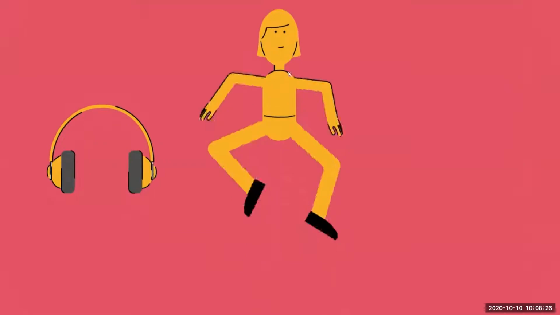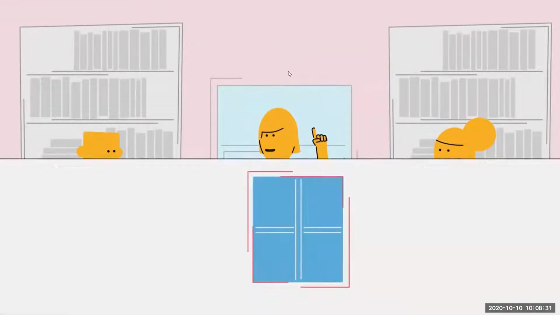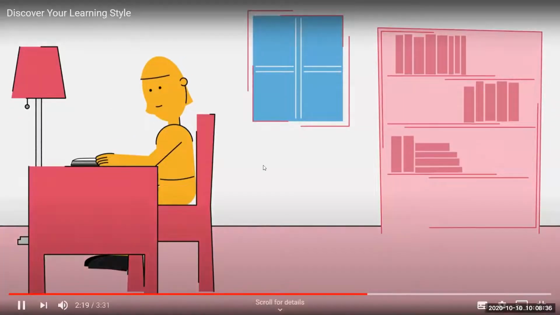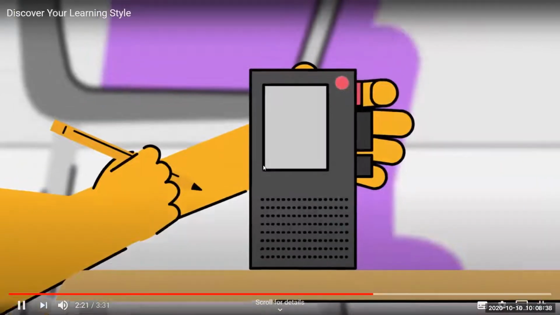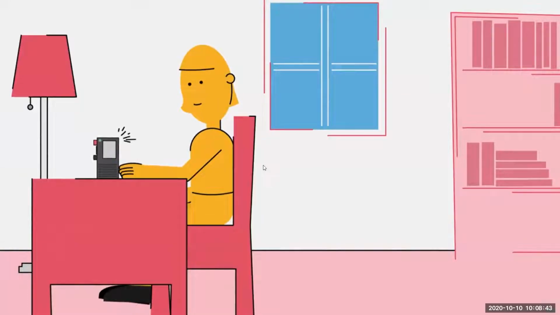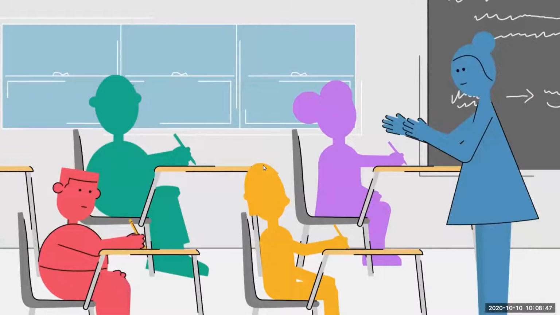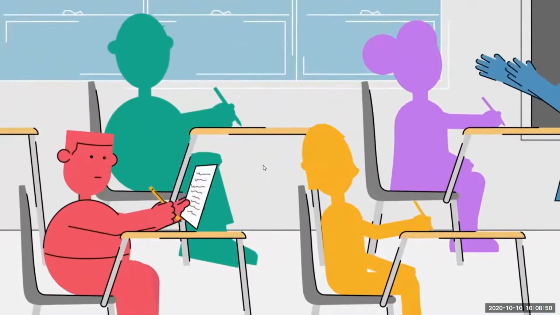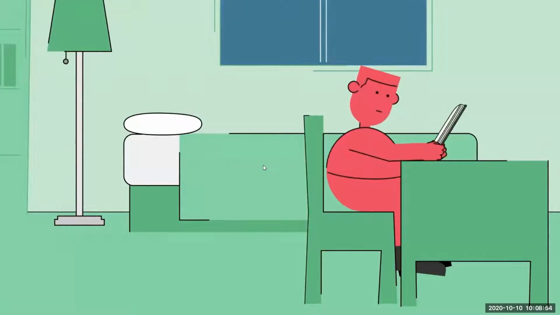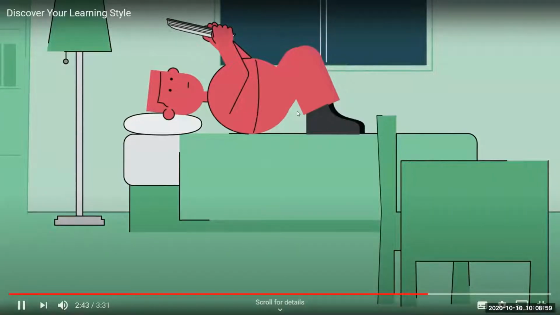Ruby is more of an auditory learner. She likes to study in a group and discuss the material with others. Sometimes she'll read her notes out loud because it helps her to hear what she's studying. In some classes, Ruby will record the lecture, with her teacher's permission of course, so that she can go back and listen to it later. Terrell finds that he learns best by reading and writing. He takes substantial notes during class and reads over them often. When he's trying to memorize something, he'll often write it out. He also makes sure to read and reread any materials his teacher has assigned the class.